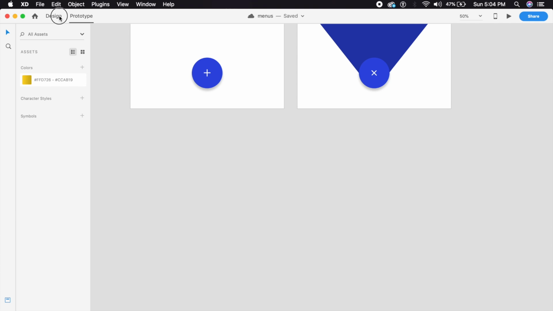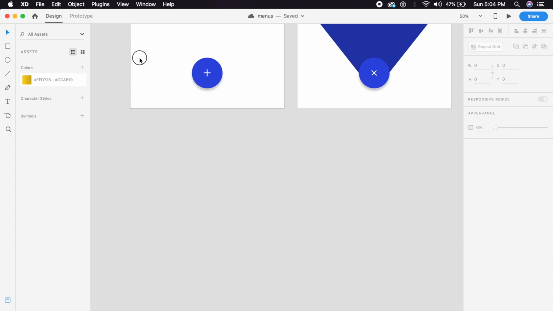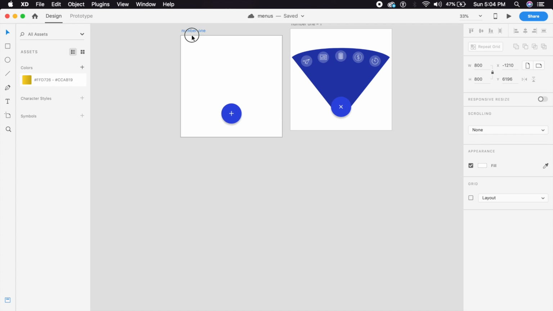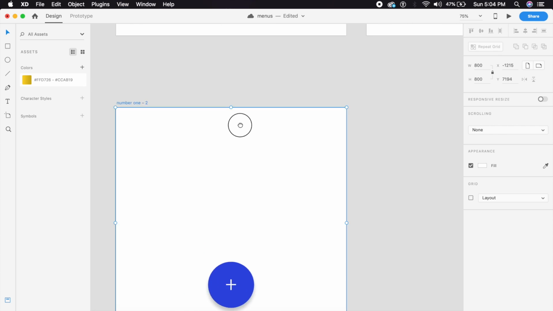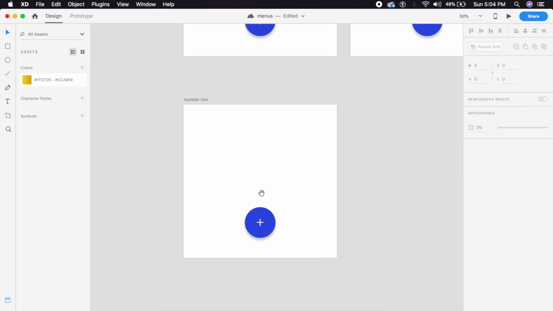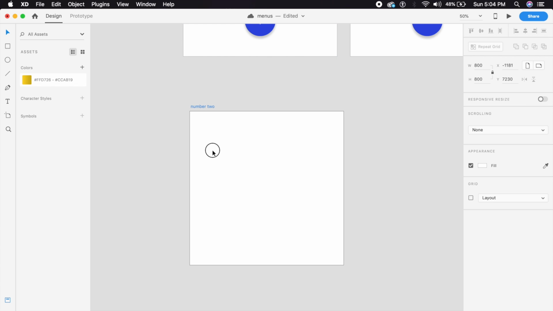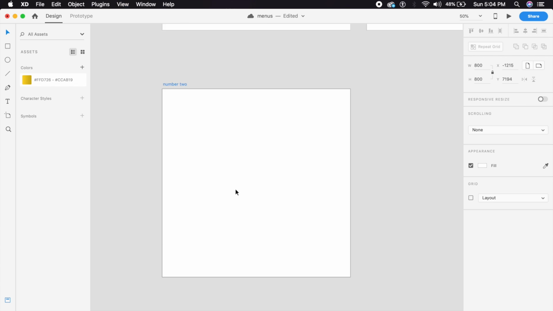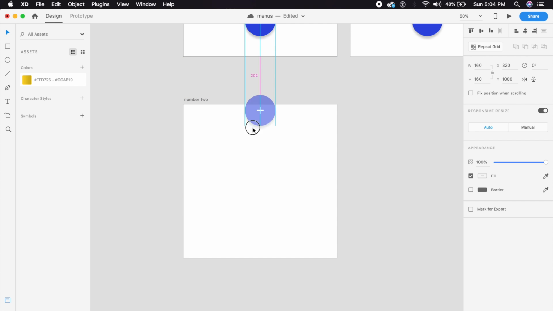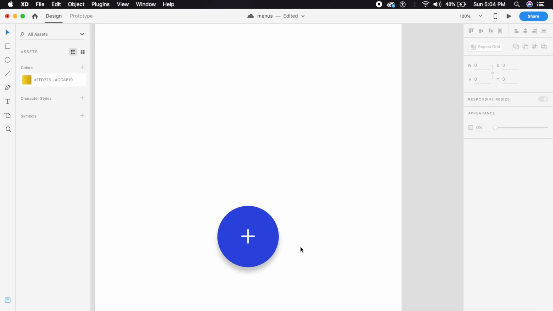So let's go back to design, and let's just duplicate this artboard right here and place it right below here. And we're going to say number 2. This is the second animation. And we'll just remove everything that is on the screen. Make sure it's completely empty. It is completely empty. And right here, I will bring this circle, copy this circle over,